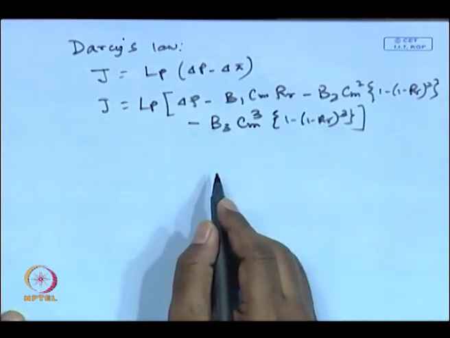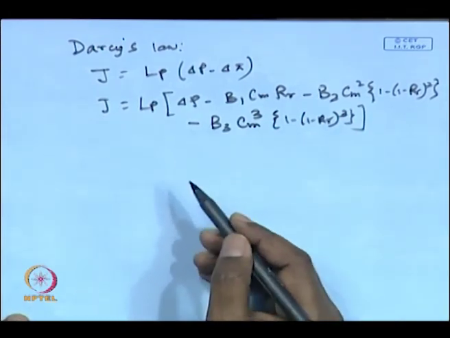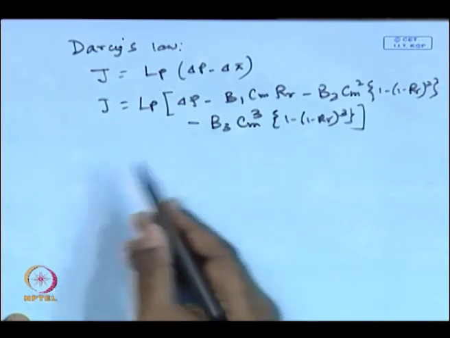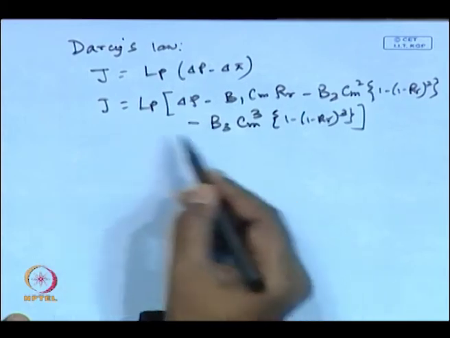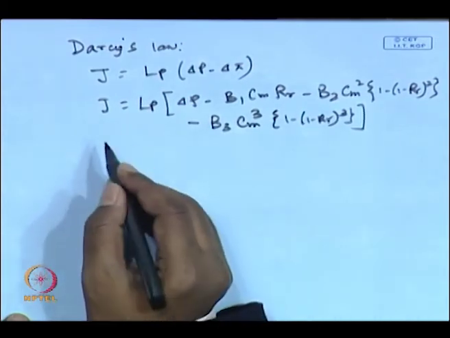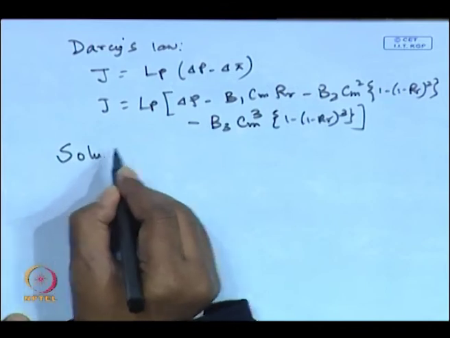Okay. So we already know the governing equation of delta P, and J becomes a function of membrane surface concentration, and